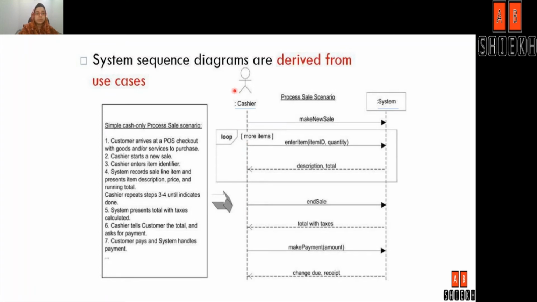From the use case typical course, here we have the complete use case scenario. We identify the events from the text and we identify the system events that each actor generates. So for example, from this scenario, here is an event: cashier starts a new sale. For each identified system event from this particular use case scenario, we illustrate them on the diagram as the cashier initiating a make new sale. Similarly, the cashier enters item is identified. So here the cashier is entering the items. So that's how we convert our use case scenario into a system sequence diagram.